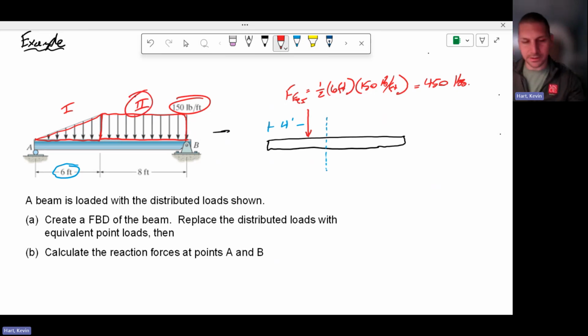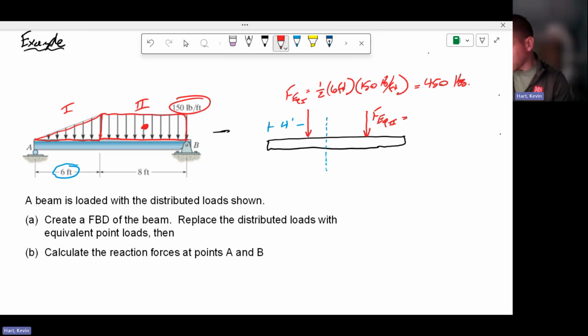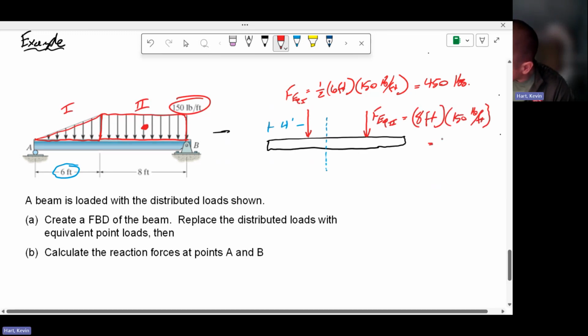Here I have a rectangular distribution, so I'm going to locate it at the center of this rectangle, which is 6 plus 4 feet from the left-hand side. So it's going to be generally in this location. And here's FEQ number 2, which is base times height since we have a rectangle. So 8 feet times 150 pounds per foot. This is going to give me 1,200